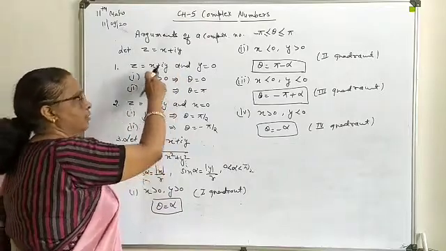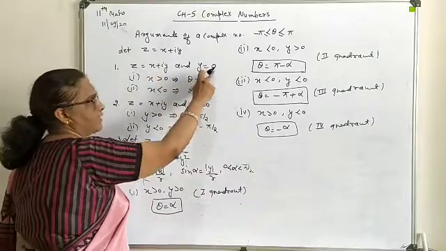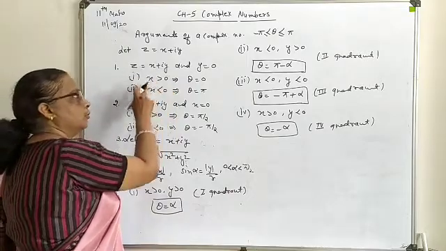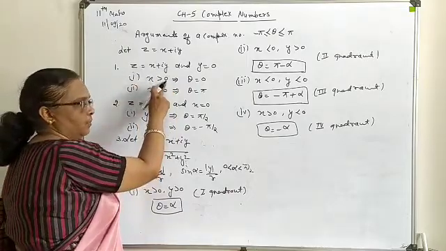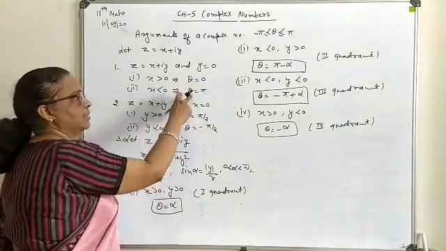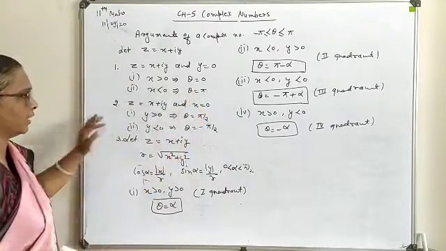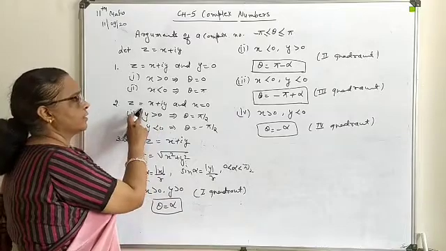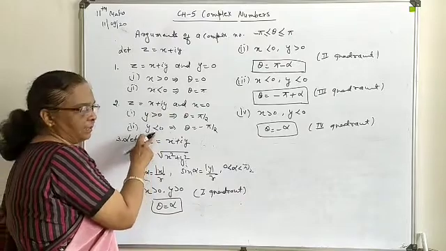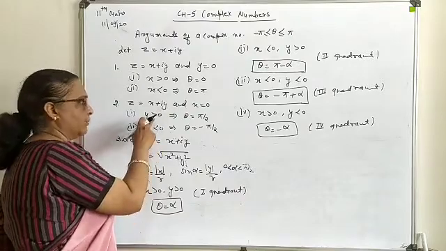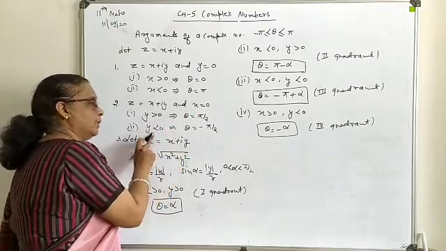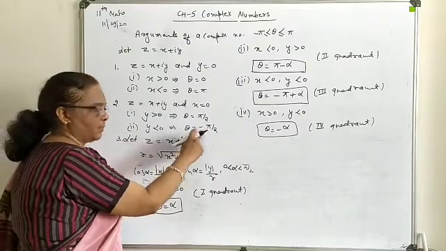First case, when the question is available in the standard form and y is equal to 0, it contains only the real part. It depends upon two types of values. X is greater than 0, means positive, so at that time theta you will write as 0. X is less than 0, means negative, so theta you will write as pi. Second point, when Z consists of only the imaginary part, X is equal to 0, and Y will contain two types of solution, positive or negative. When Y is positive, theta you will have as pi by 2. When Y is negative, theta you will have as minus pi by 2.